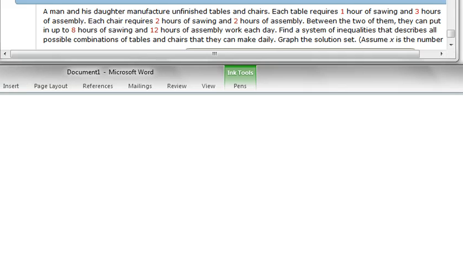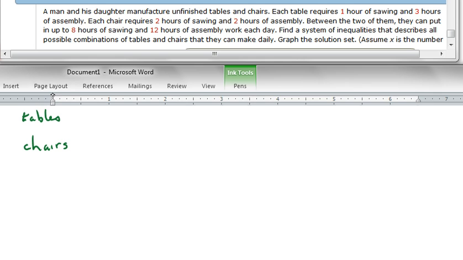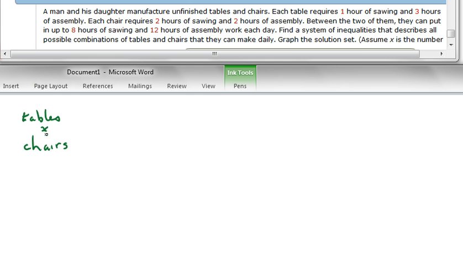A man and his daughter manufacture unfinished tables and chairs. We're going to let X represent the tables, Y represent the chairs. Each table requires 1 hour of sawing and 3 hours of assembly. Each chair requires 2 hours of sawing and 2 hours of assembly. So for each of the tables and the chairs, we have a time